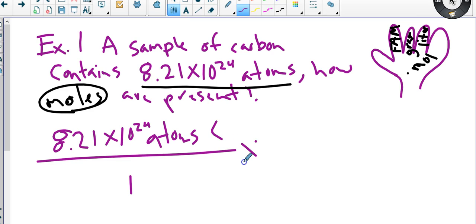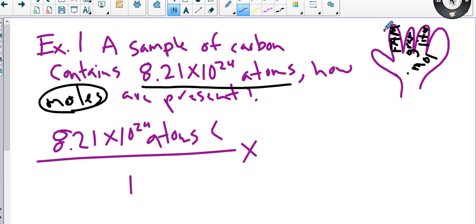So if I look at my hand, everybody point to the finger. We don't want to always hold the fingers up. Point to the finger you're going to be using. Yeah, there you go. So we're going to start with this finger for formula, units, atoms, and molecules, sorry. To get to moles,